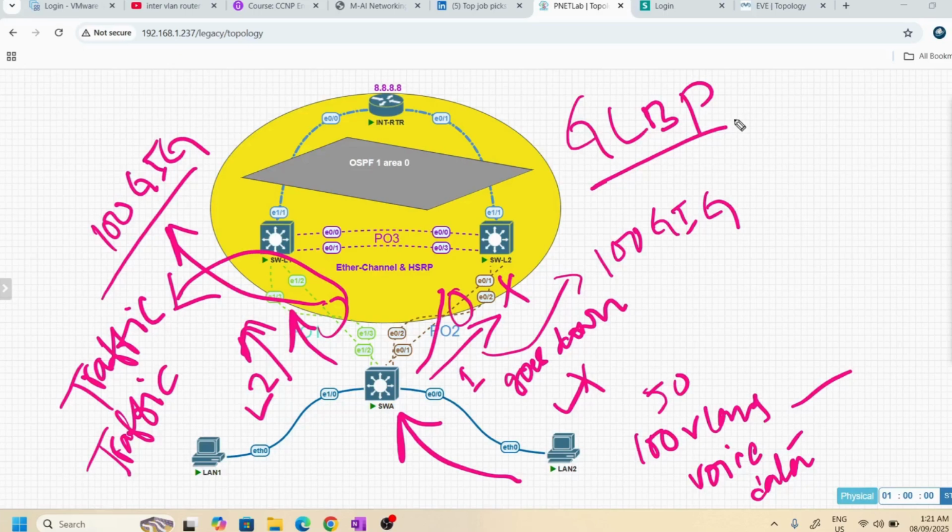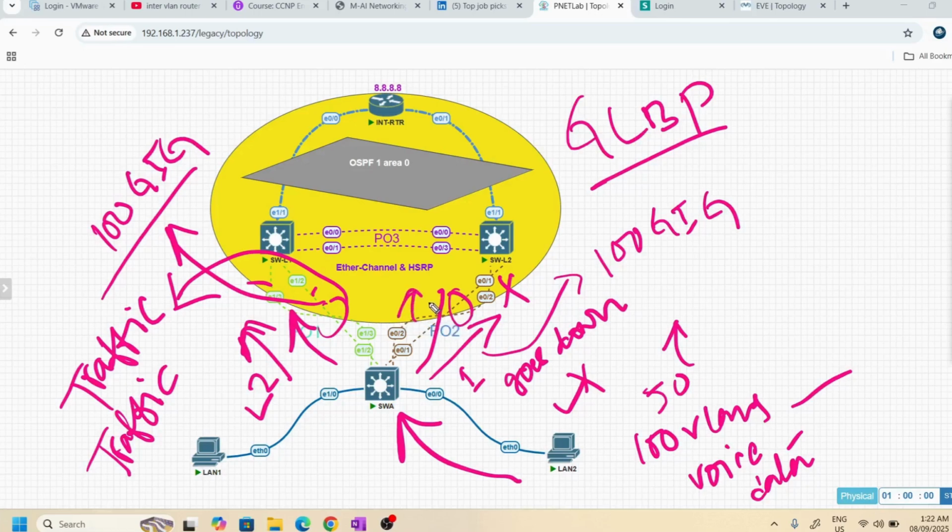So if we have two links of 100 gig each and one link goes down, the other link is still on and can carry the traffic of 50 users. You can distribute it using load balancing. Here both 100 gig links are still on, and here one of the links is down.